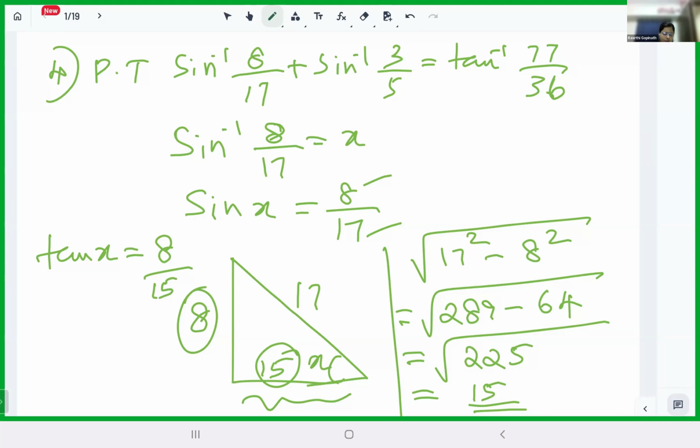So have you all got this? We have found out the value of tan x by using the Pythagoras theorem. Okay. Now